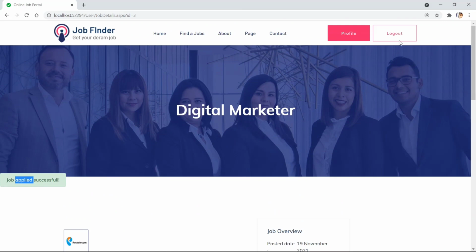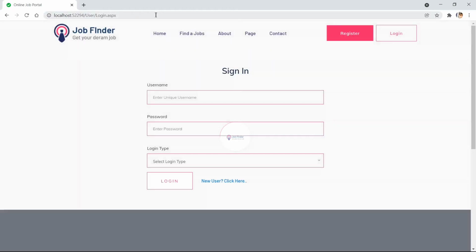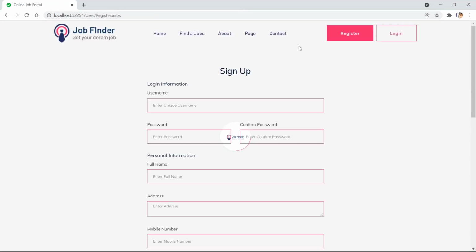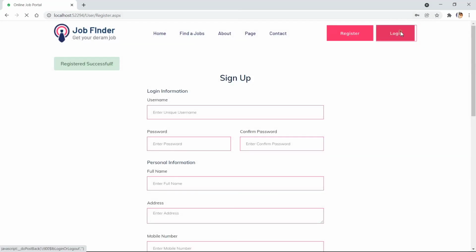So now let's log out and register with a new account. Let's log in.